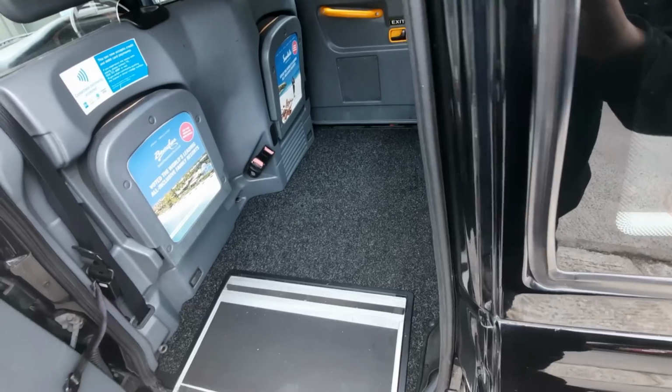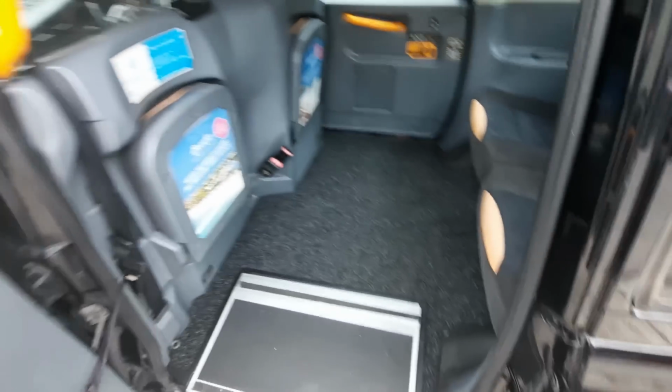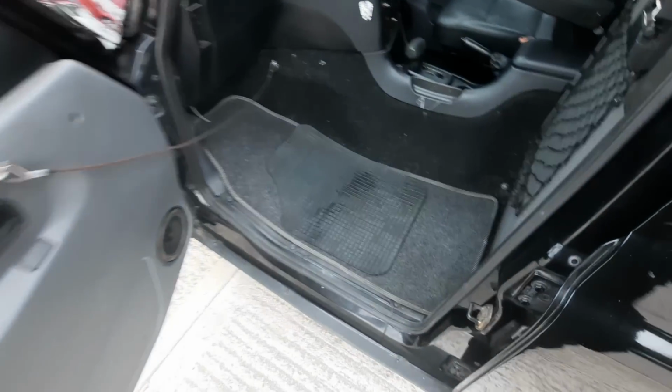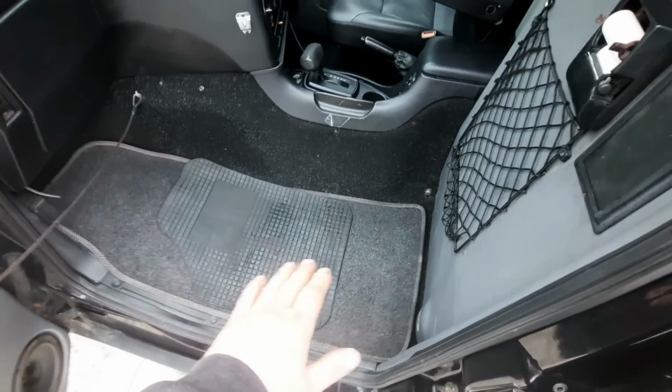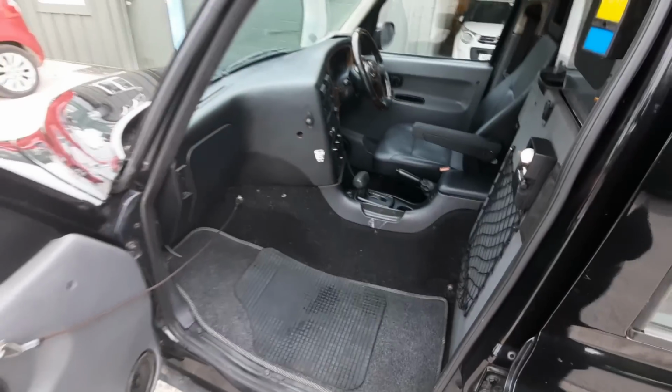Oh. Haven't I closed it properly? There we go. You can get in there or you can get in the passenger seat, can't you? It's nice and low to get in. You can sit next to him and have a chat while you drive about. But